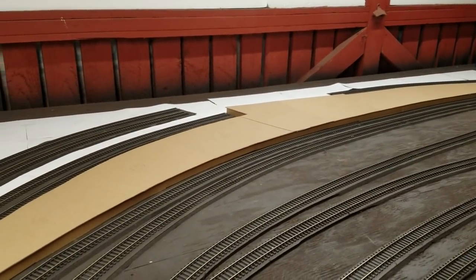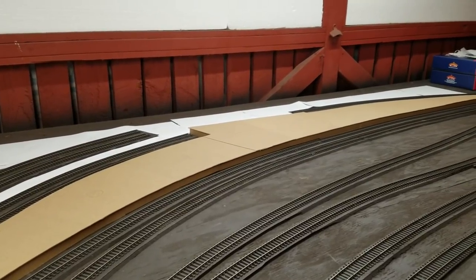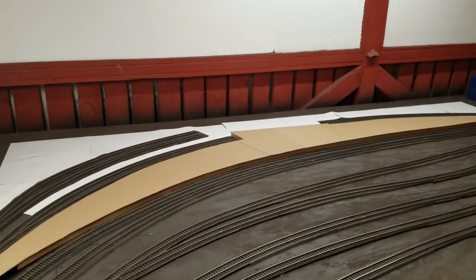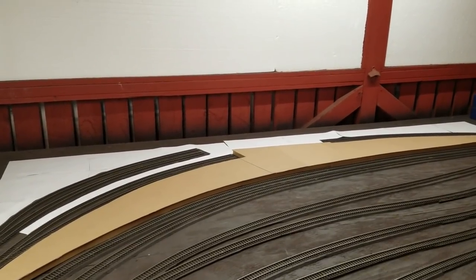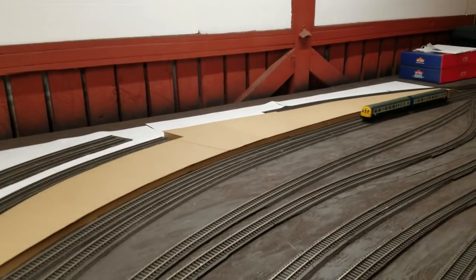And so you can follow along with the rest of this platform build, because I think it's going to start to look really impressive now that I've seen this final platform coming into play again. A little bit of a sneak peek, showing you way too much of this than I really wanted to. I wanted it to be kind of a big reveal, but whatever. I'm very happy with these two